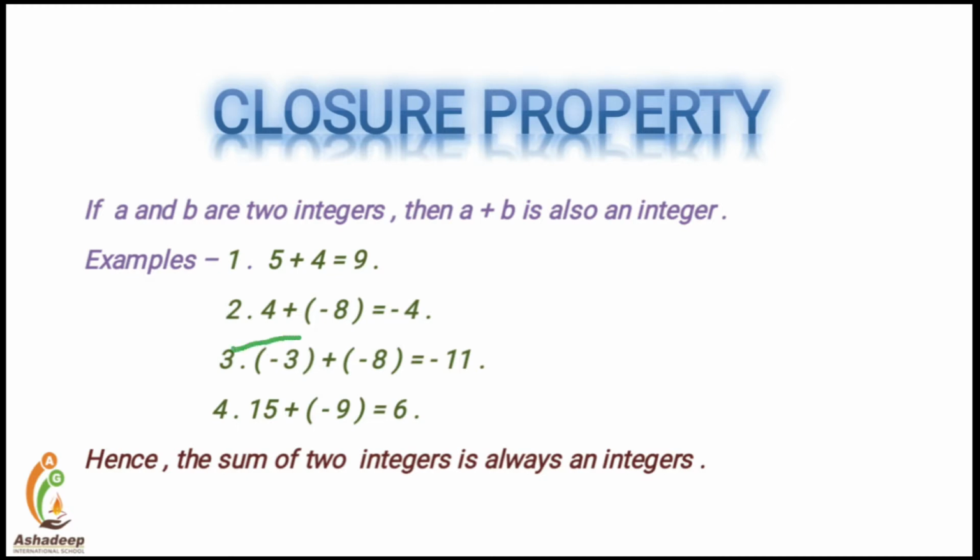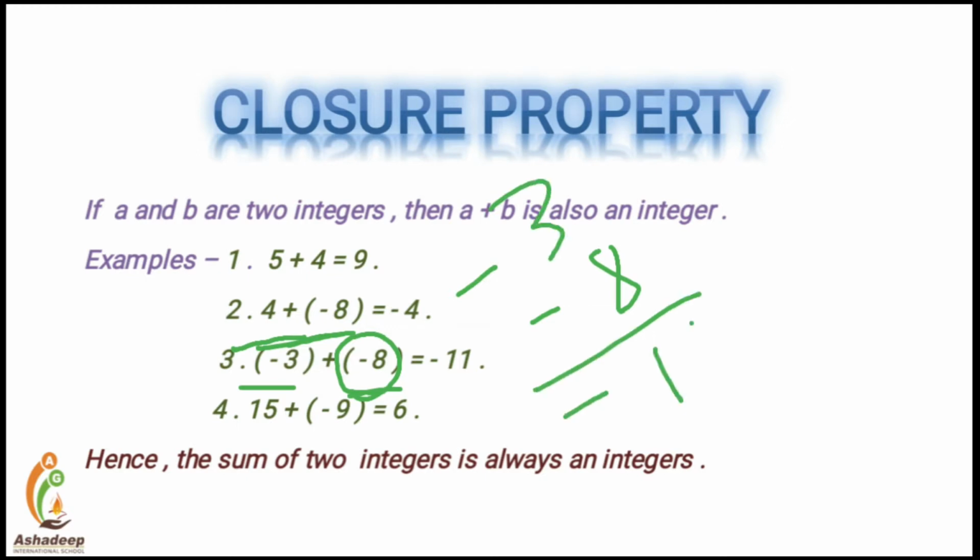In the next example, here I took a positive integer and another negative integer. So according to the rule of integers, plus minus becomes minus. So 4 minus 8 becomes minus 4. Then both are negative integers. So minus minus becomes plus, but the sign will remain still minus because 8 is the bigger number, and as it possesses minus sign, so the sum will also possess minus sign, or it will be a negative integer.